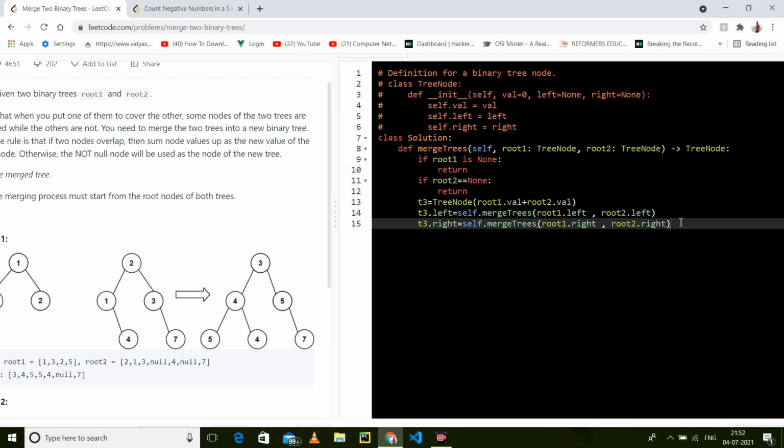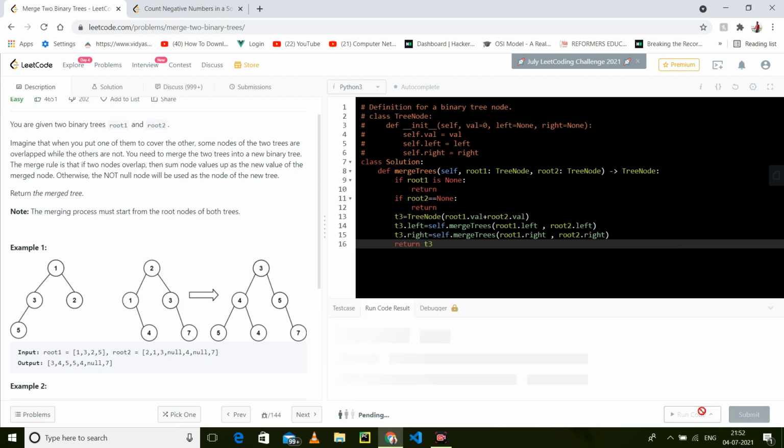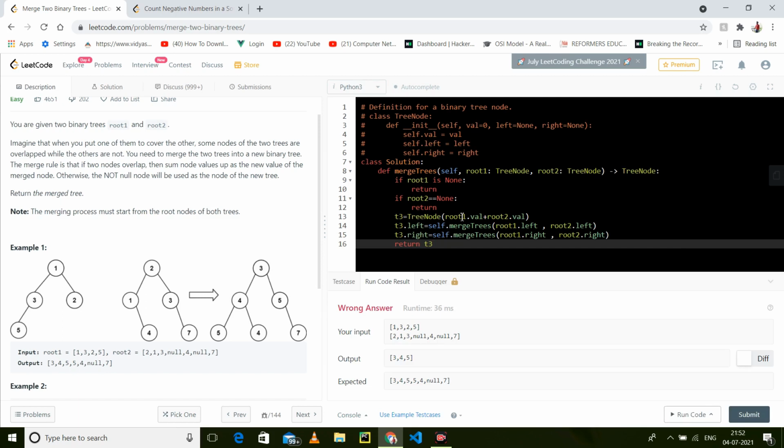In this manner it will work. And now what we have to return is simply the 3. That's it. I think it should run fine. 3 4 5. Okay, so it's root 2 3. It will call this again.